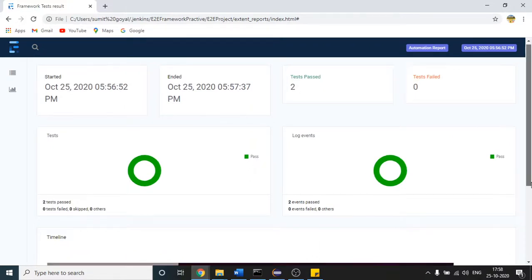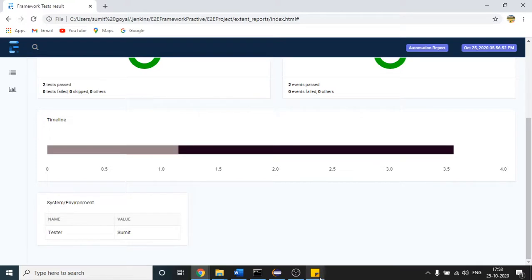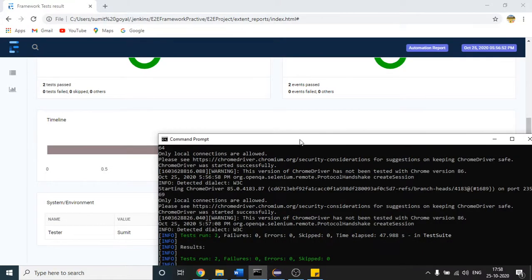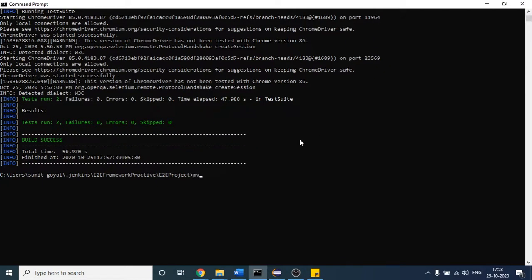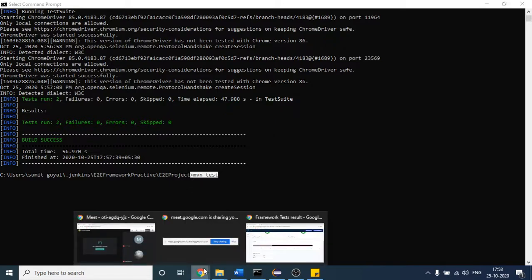But whatever we have done till now, if I want to run Maven test, I have to again come to my command prompt and type this. So this is again a manual step. I do not want to type anything, right? By the time I come to office at 10 a.m. in the morning, I want all my test cases to be triggered automatically. To do that, we are going to see the concept of Jenkins now.